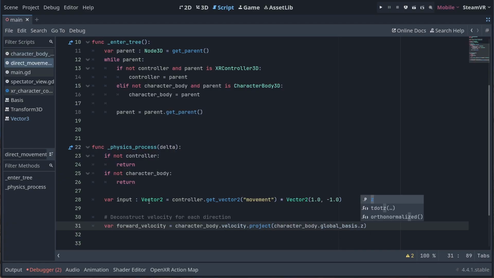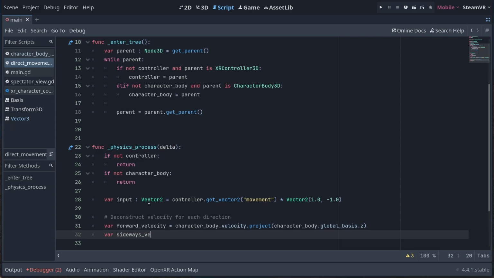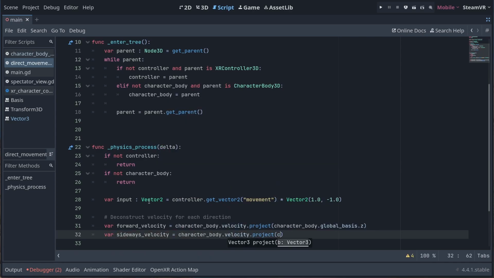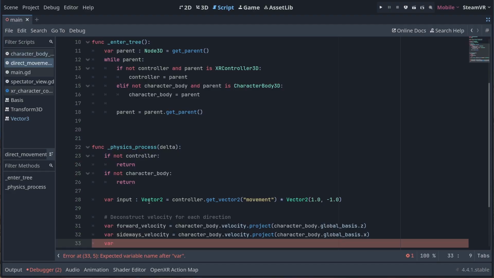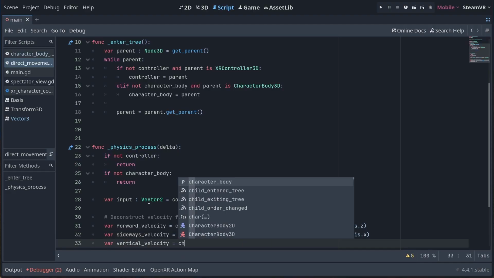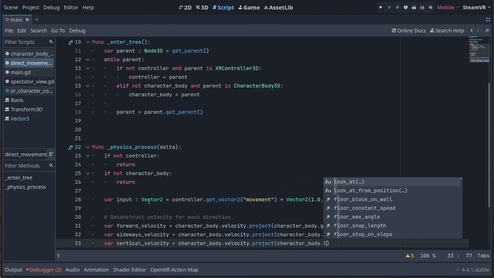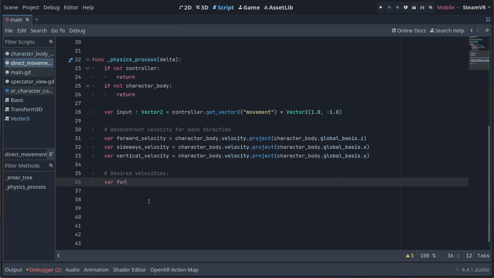Here we're adding a bit more complexity to handle more situations, and for that we start by deconstructing our current velocity for each of our character body's axes. We do this by projecting our velocity along each axis of our character body's global bases. Next, we calculate our desired forward and sideways movement using our input vector.